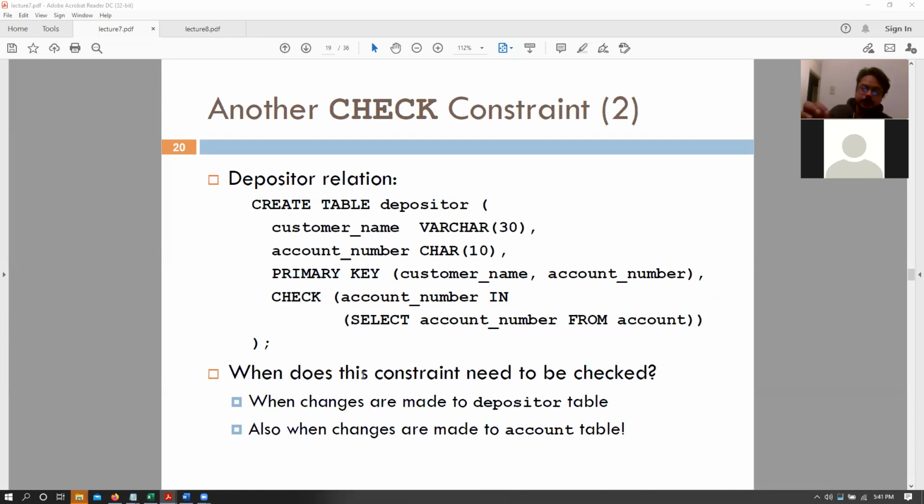Okay. So whenever we get into these sort of referential integrity constraints, one thing that we need to be aware of is what happens when we make some changes. So for example, in this particular scenario, the depositor table has a check constraint on the account number, that is, it has to be a valid account number from the table account, right? So we can say that depositor references account. So there are certain things that we need to be wary of when we are designing such constraints.